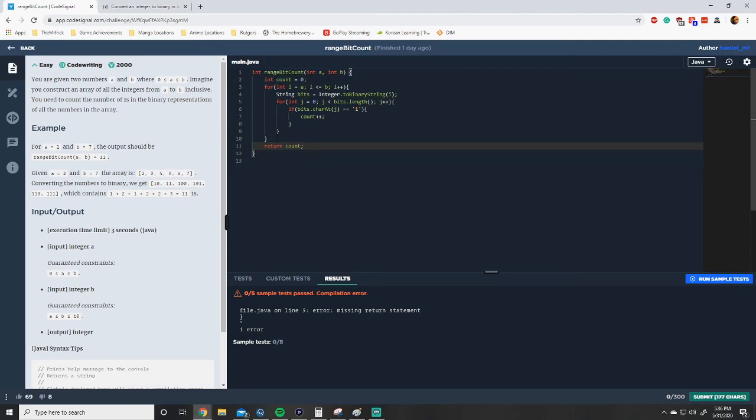Now, as you can see, the complexity of this is b minus a. Let's say that is our n. And then for each one, we also have to loop through its bit representation, which is another n. We don't know what it's going to be. Therefore, we have n times n. So we have n squared as the